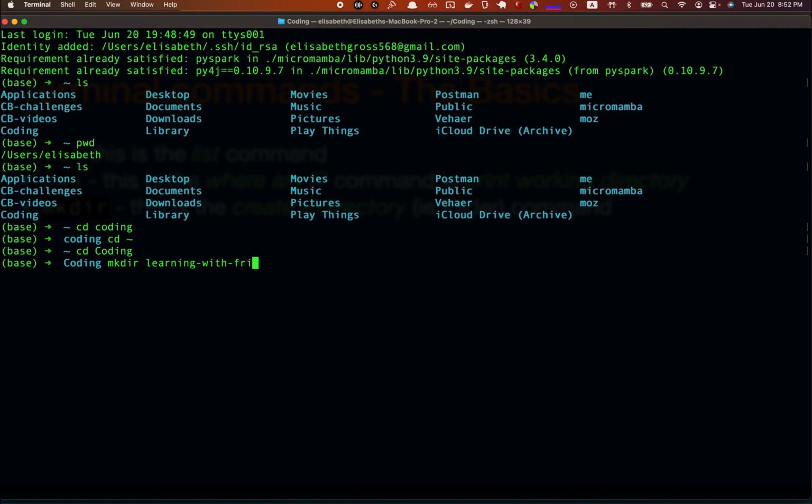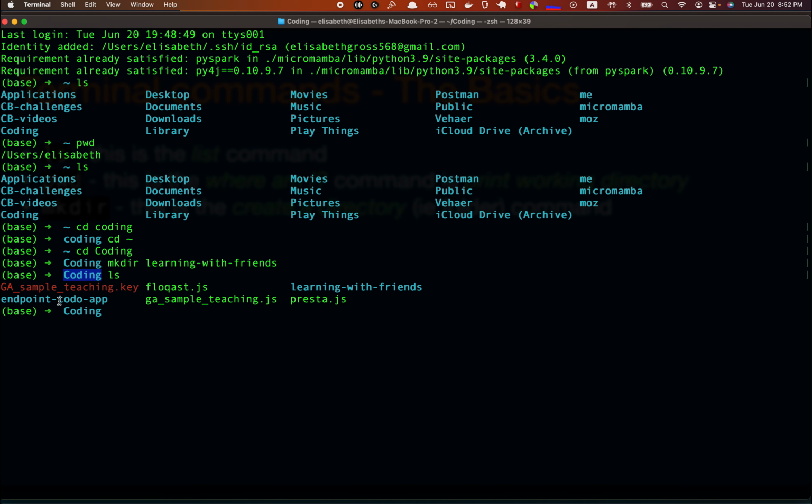learning with friends. Now I should have done, hold on, ls, I should have done an ls before and after, but now in coding, I have all of these things plus a folder that's learning with friends. Now tell me, is there anything in that folder? Correct. So if I say cd learning with friends, and okay, so that's another thing that I could write in the slides. Your terminal will autocomplete things. So you see how I just did LEA and then I did tab? So you don't have to write it out each time. Again, your computer's your friend. No one's asking you to be typing a bunch.